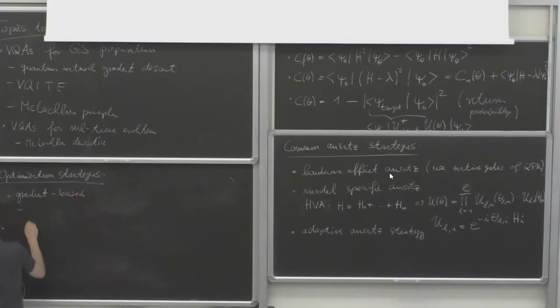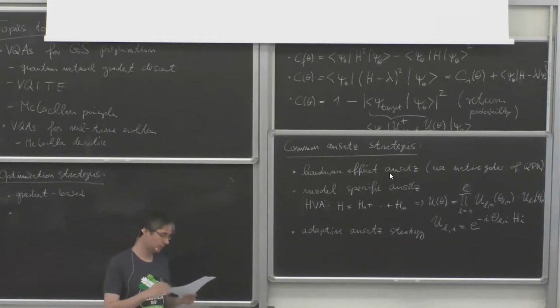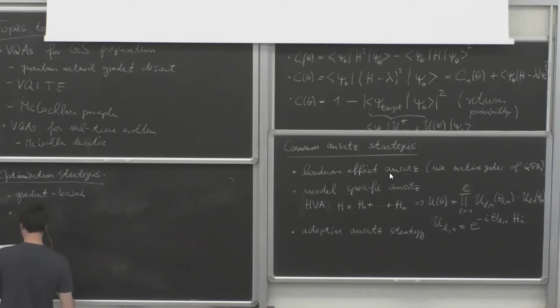Let me just mention them. There's stochastic gradient descent, there's quantum natural gradient descent, which I will discuss. There are things from machine learning like Adam. You can do BFGS or SPSA, so you can try different optimizers that use the gradient. Usually it's good to use the gradient, because that's important information about which direction you should update the parameters. And for certain ansatz, you can compute the gradient analytically. I'll discuss that in a second, using the parameter shift rule. And then there are non-gradient-based approaches.